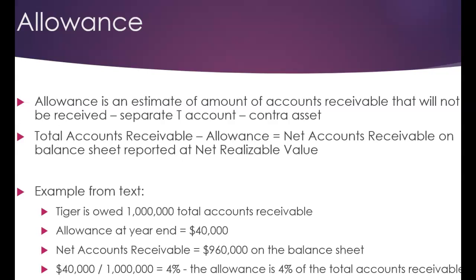In the end, the balance sheet method is looking to create this allowance to match what we think we're not going to get. So if we say 10% of our accounts receivable will go bad, and we have $1 million in receivables, so we're thinking $100,000 is going to go bad. That's what our allowance should be. So we have to match what our bad debt expense is going to be, because at the end of it all, we want to make certain that our allowance in that contra account equals $100,000.